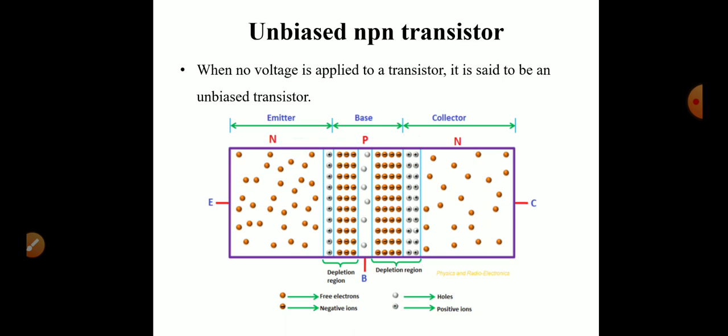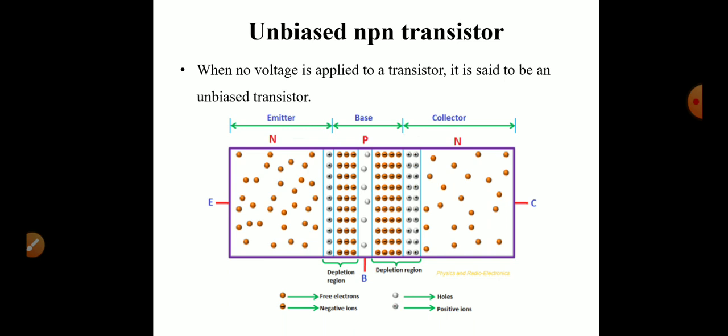In the collector region, electrons are the majority carriers and holes are the minority carriers, and in the base, holes are the majority carriers and electrons are the minority carriers. Due to the concentration gradient, the movement of charge carriers and recombination reach a particular level and stop. Due to this recombination, immobile ions are formed at the NP region and PN region. These immobile ion regions are called depletion regions.